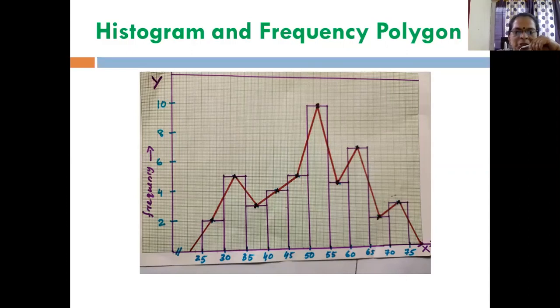A histogram is made of adjacent rectangles, so there should not be any gap. That is why we are using grouped data, and the data should be continuous also. There is continuous grouped data as well as non-continuous. If you are given non-continuous data, you have to make it continuous. So always remember that the data classes should be continuous, then only you can draw the histogram.